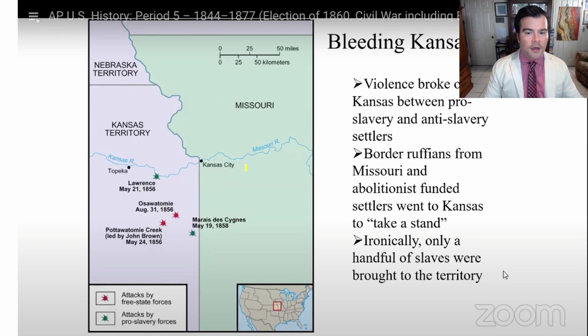Okay. So because of the Kansas-Nebraska Act, there's a lot of conflict. Bleeding Kansas, violence breaking out between pro-slavery and anti-slavery settlers, kind of foreshadowing the Civil War. The border ruffians, there's something called Bleeding Kansas because of the violence occurring over the issue of slavery in the territory. We're going to have some psychos come into play,